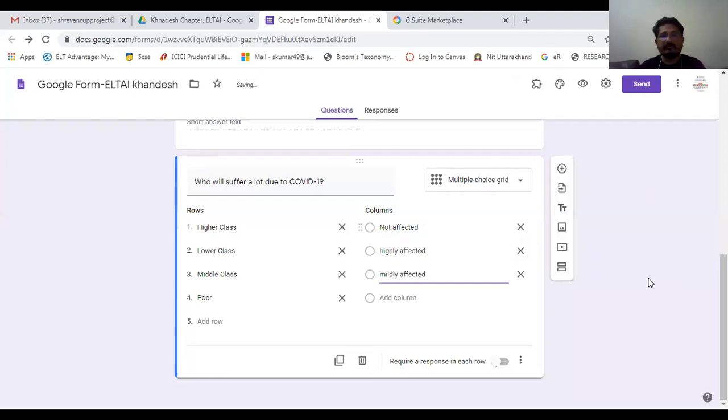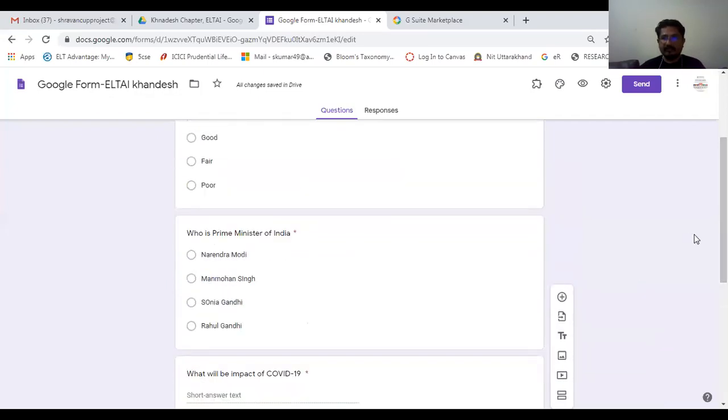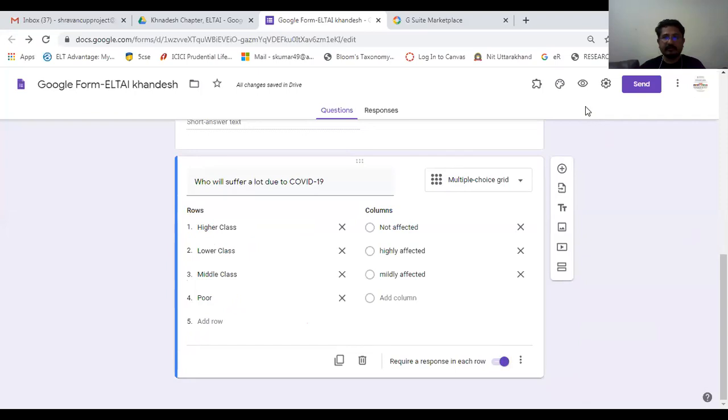So this is what I have given for the multiple choice grid, and I'll make it mandatory again. Then once we click on these three options, we can limit to one response per column. I need to click on it again. Otherwise, they can click more, and I'll show you how. First, let me go to the preview part of this particular thing.